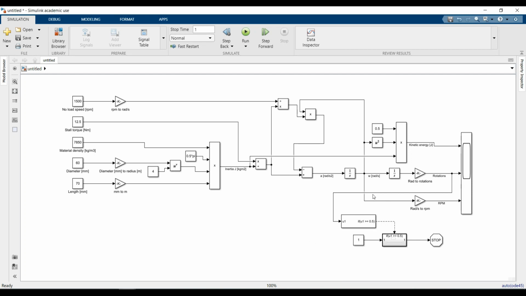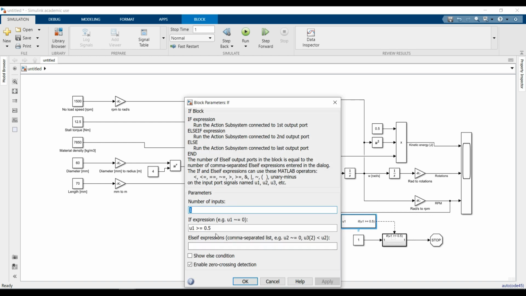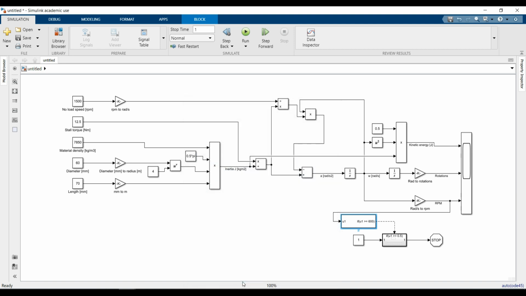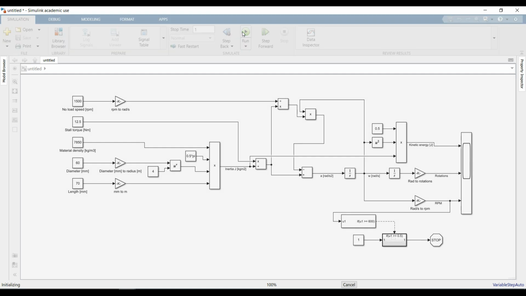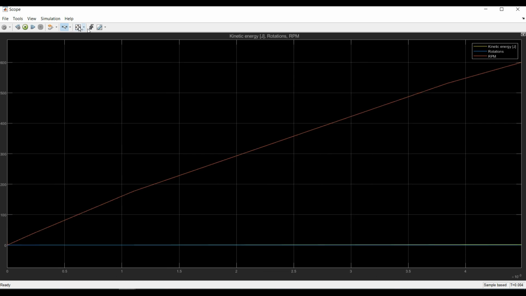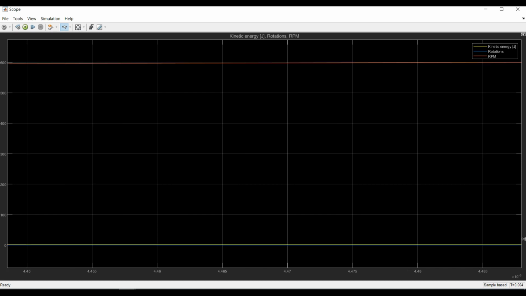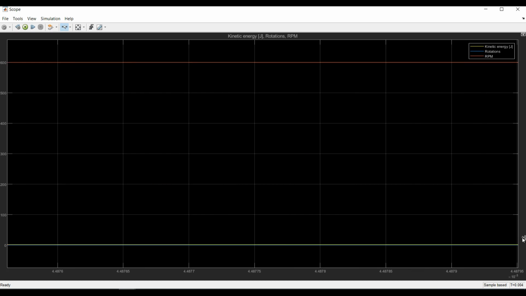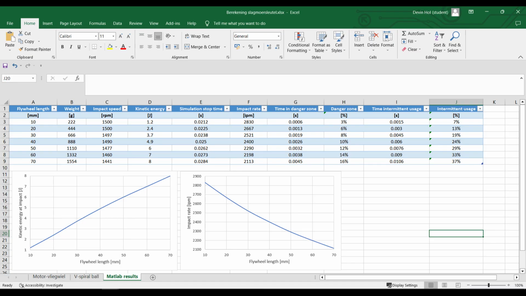An easy way of doing this is changing the if statement in the block scheme, so the simulation will stop when the maximum speed inside the danger zone is reached. This is at 40% of the no-load speed, so 600 RPM in this case. Then we again check the time at which the simulation ended. I have run simulations for flywheel lengths from 10 mm up to 70 mm with steps of 10 mm, and